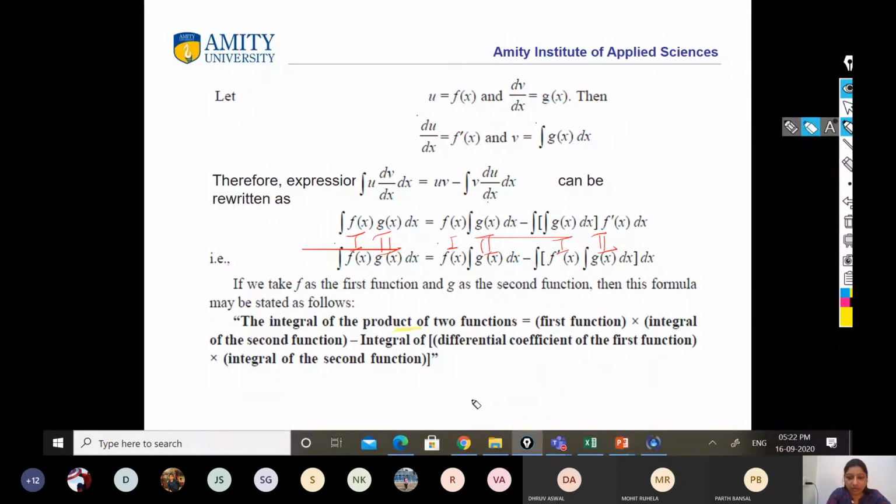Yes, so the formula is the integral of a product of two functions. It is the first function into the integral of the second function, minus the integral of the differential coefficient of the first function into the integral of the second function. Okay, so this formula you must all be aware of. Now next,